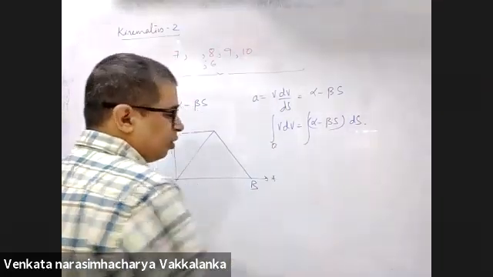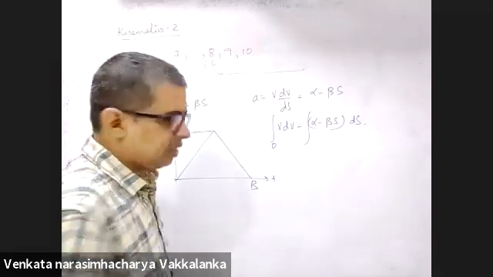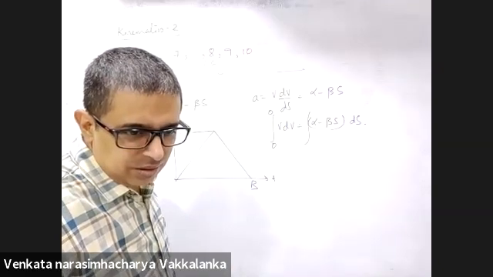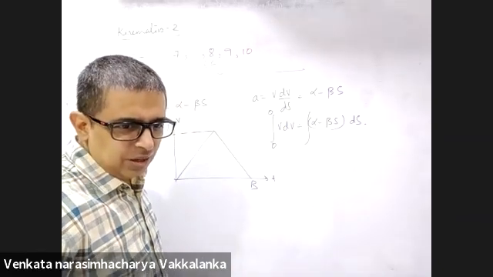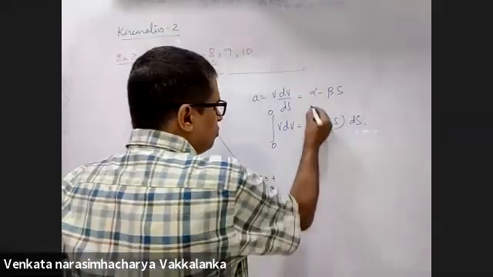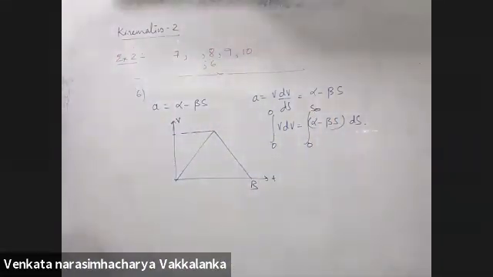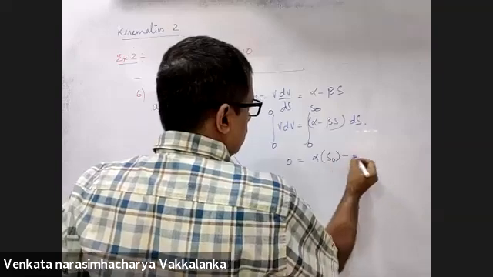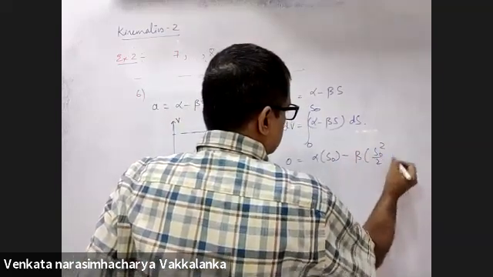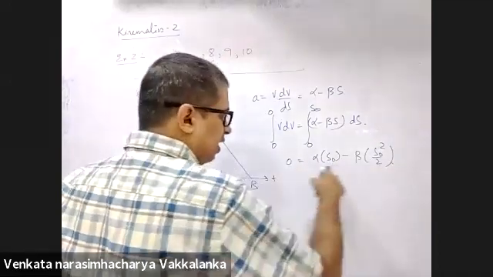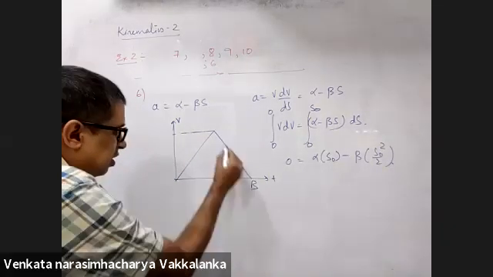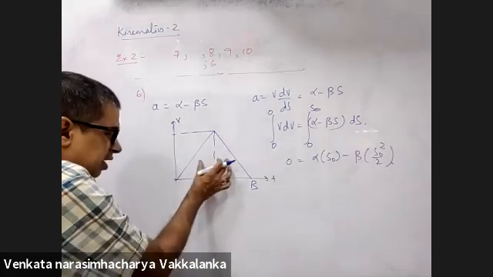Particle starts at 0, right? Finally, it comes to rest, 0. You're asking me distance between A and B, 0 to S0. Can I calculate this? This will be 0 minus 0 equals alpha S0 minus beta S0 square by 2. If I calculate S0, will I get the distance between the two stations? Yes, sir.